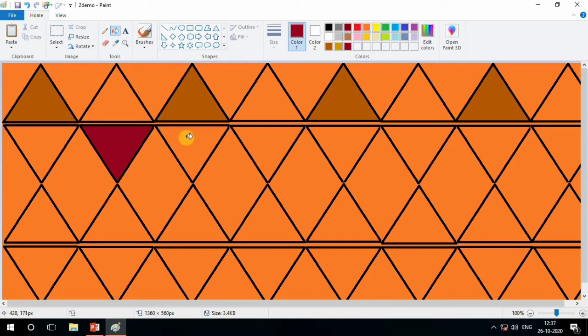Now see, the third one we cannot fill here, so skip it and come into the fourth shape. Now come here, fifth one, so skip it. Now sixth number, fill it. Now the seventh number, skip it, and now here. So you can see we are giving the shade here.